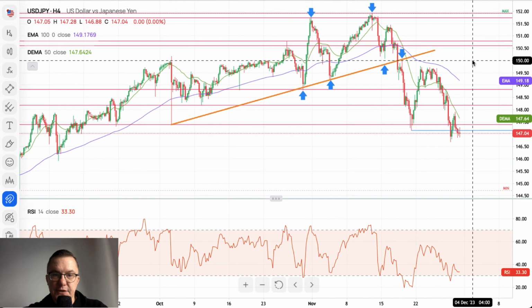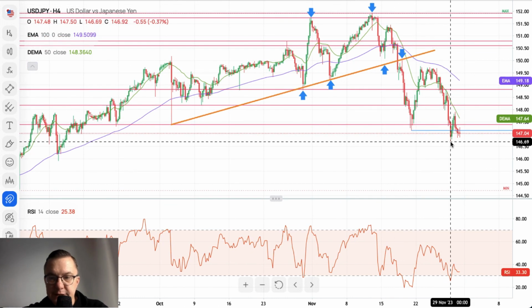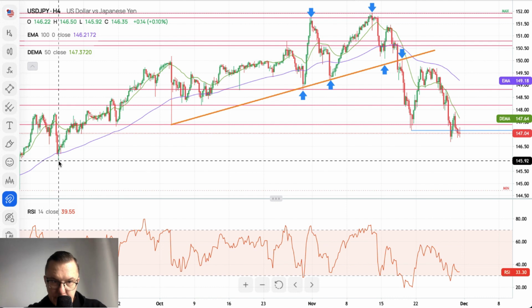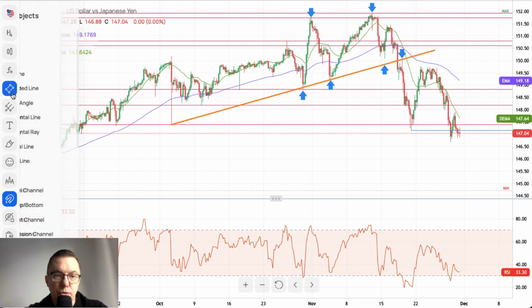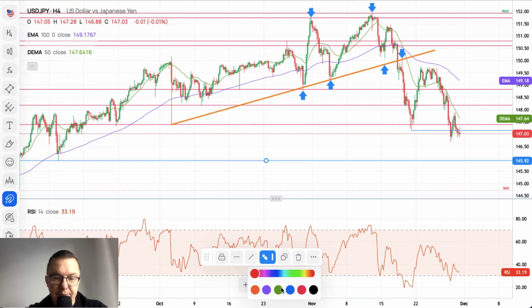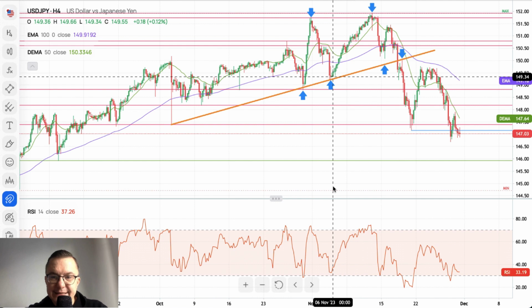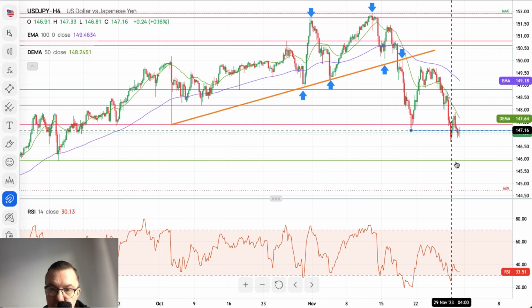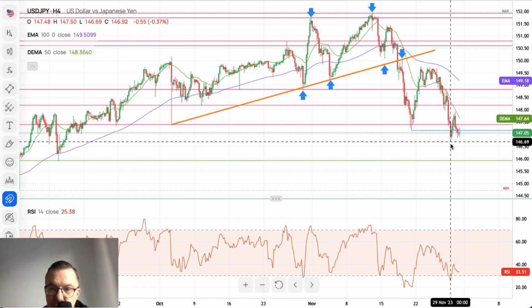Now let's find the next support for this market. The low is 146.69, and it looks like this low here might be a good one for the technical support, 145.92. Let's mark it on our chart, and this will be the technical support and the next target for the bears. If you take a look here on the momentum, you can see that we already hit the extremely oversold levels together with